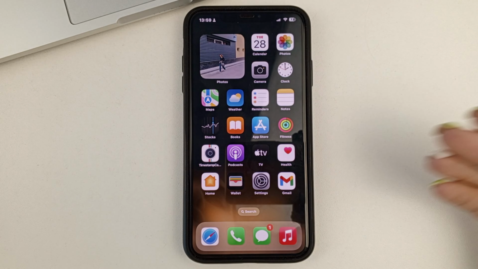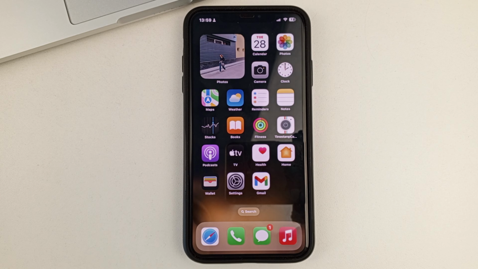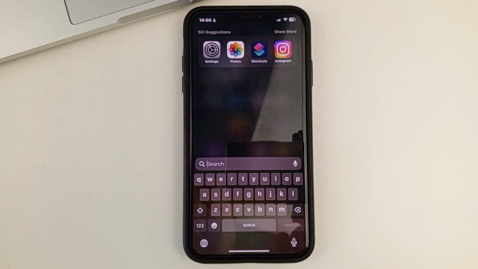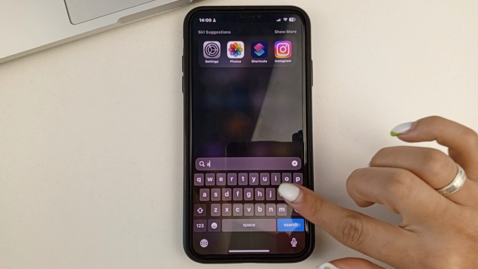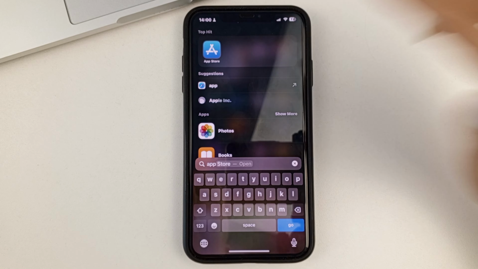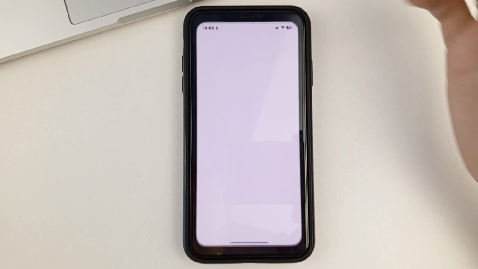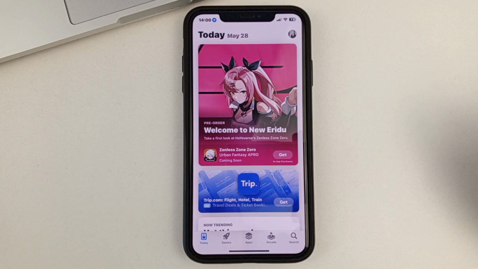If you don't have it on your home screen, then you can easily find it. To do this, you will need to swipe in the middle of the screen from top to bottom in order to go to search. With this search, you'll be able to find absolutely any program on your iPhone. And here you'll need to type App Store into the search. As you can see, immediately this program appears in the search, even though it's not on the iPhone's working home screen. And in order to open it, you simply tap on it. This way, the App Store opens right away.